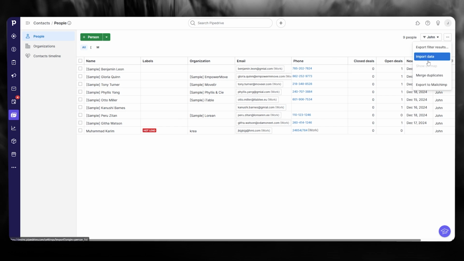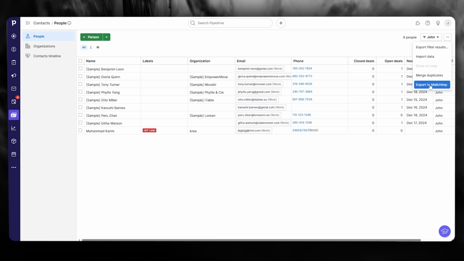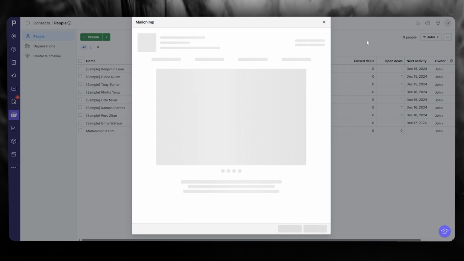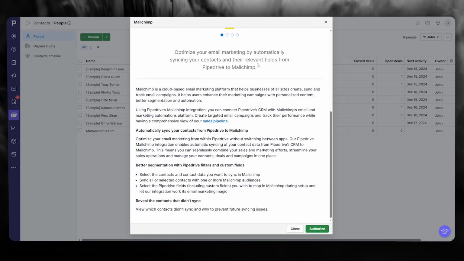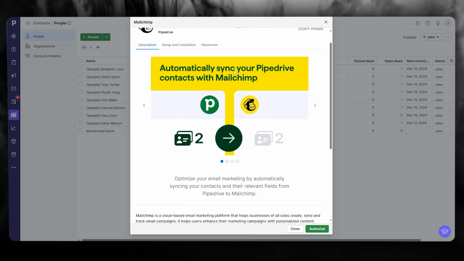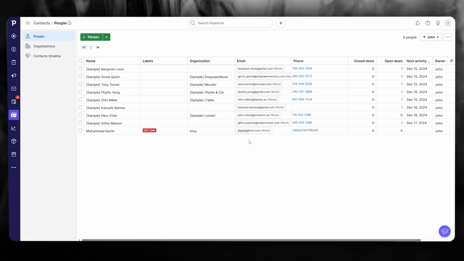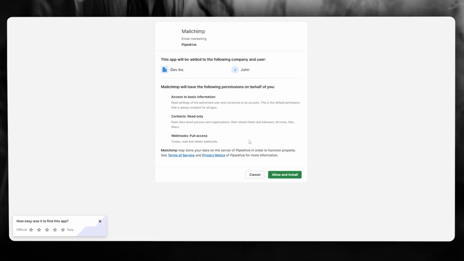And over here, you can click on export to MailChimp. Okay. So you're going to click on that. And you're obviously going to make sure that you do have MailChimp on your platforms. So once you have MailChimp, simply go ahead and authorize MailChimp to let your contacts go ahead, and you're going